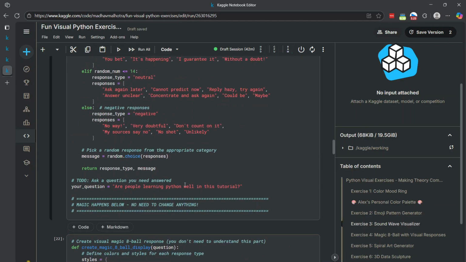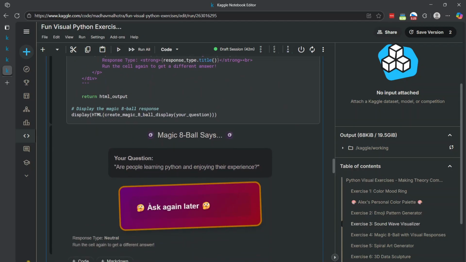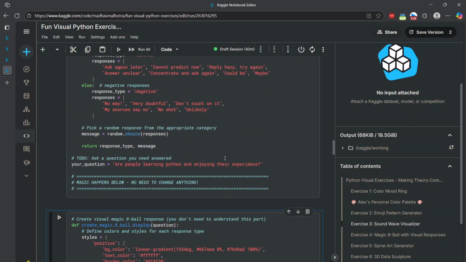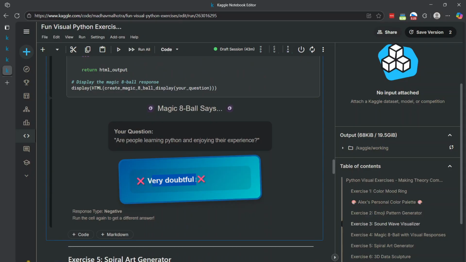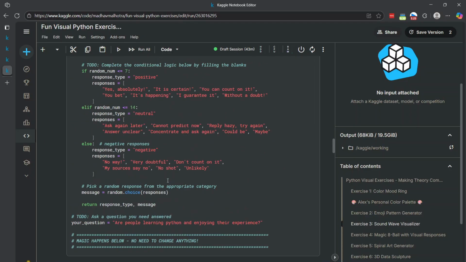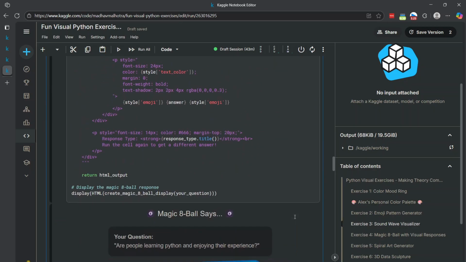Let's say, are people learning Python and enjoying their experience? Let's check this out. It's unclear. Ask again later. All right, let me try again. So let's ask again. Oh, they're not enjoying their experience. Well, that's unfortunate. Okay, that's a cool little way to show off what you can do with these Python functions